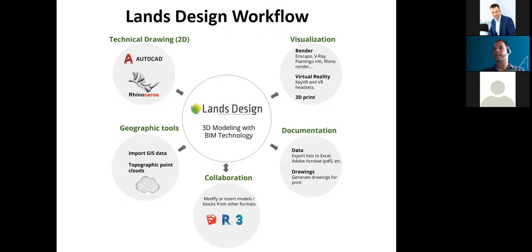So all the land design elements can read materials from V-Ray, Flamingo, and so on. Or you can connect the model to render viewers, like Enscape, Lumion, Twinmotion. There are some issues with some of them because they have different ways of managing blocks and Rhino geometry. But we are in close collaboration with them to solve all these issues. So this is something that is a little bit under development, but still you can already create